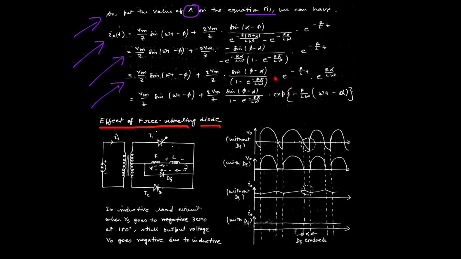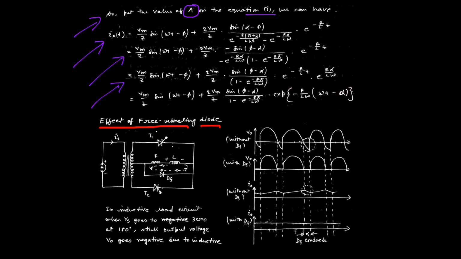we are going to express the total thing in a particular exponential term. That is why I have taken this part with a positive sign here. So ultimately from these two parts we can write the expression exp into minus R by L omega (t minus alpha). Okay, this is the term which is taken out from this one.